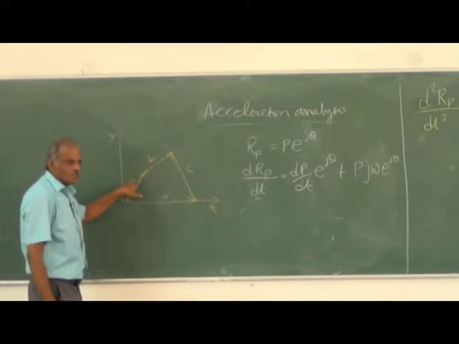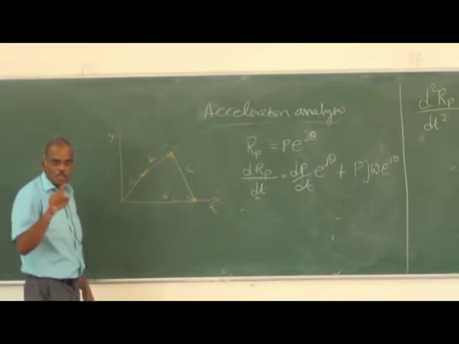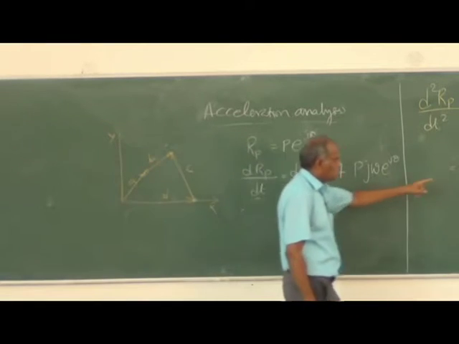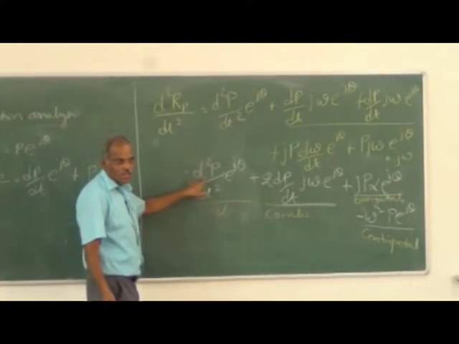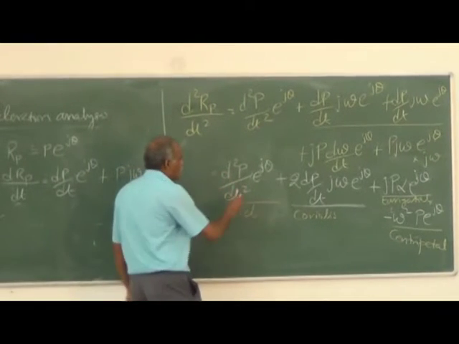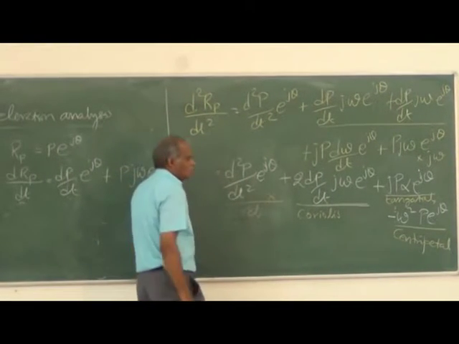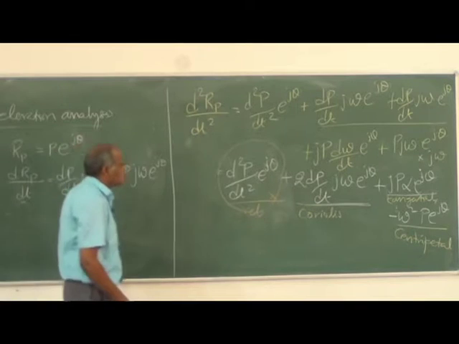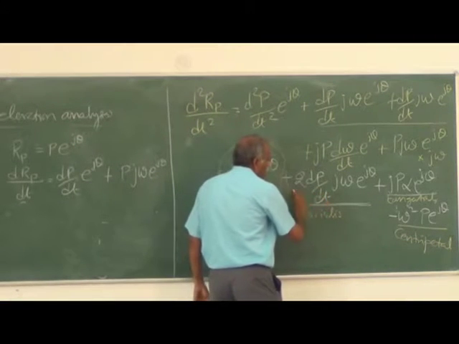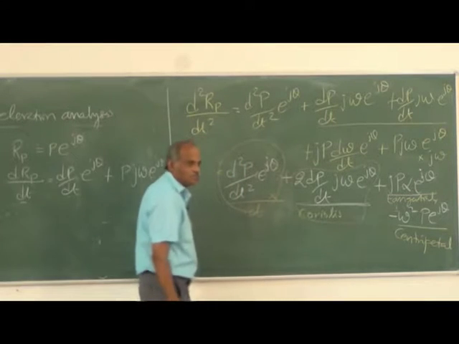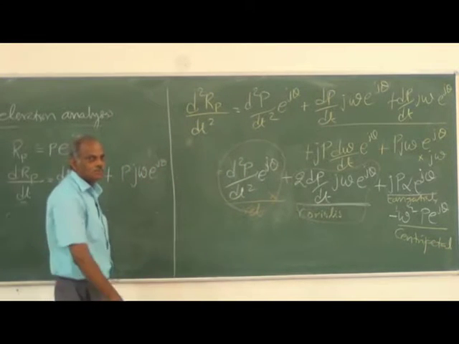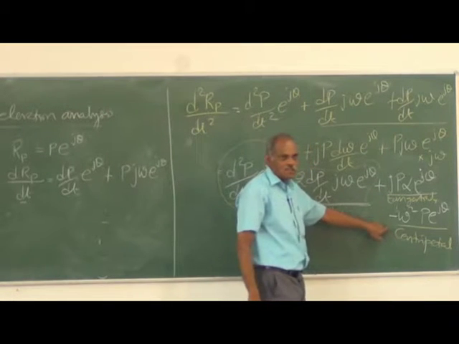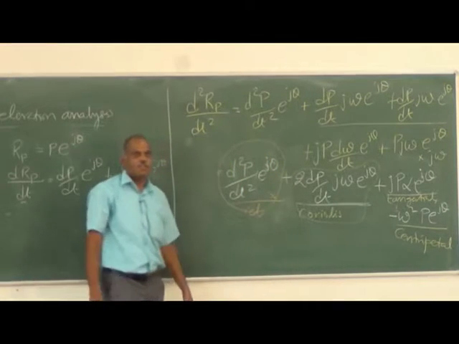The magnitude of each position vector is equal to the link length. The link length is not going to change. Therefore there is no question of this term, because P is a constant. So this term will not be applicable for a 4-bar mechanism with constant link lengths. You see that dp by dt is also not applicable, because that also will be 0. So you only have these two terms, that is, one is a centripetal acceleration, another is a tangential acceleration.